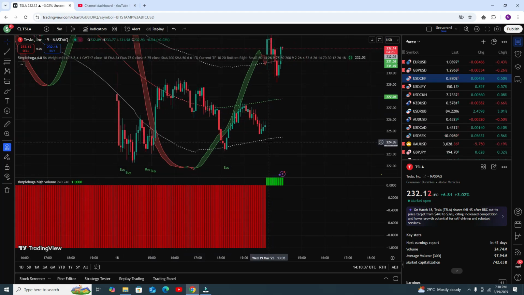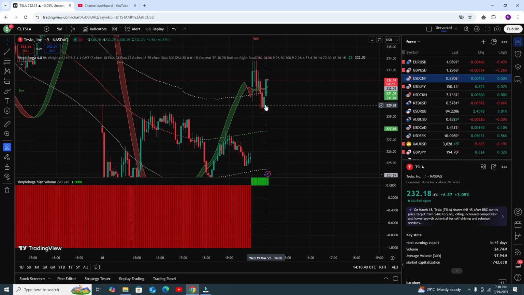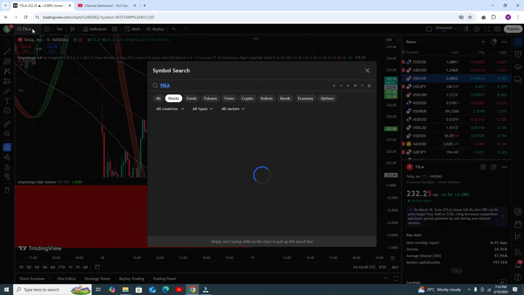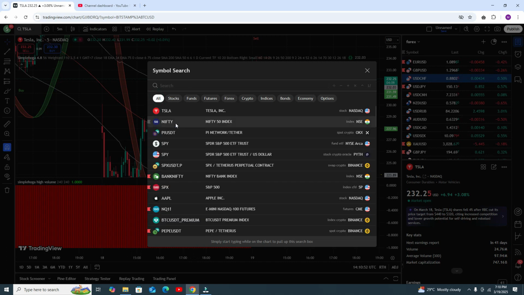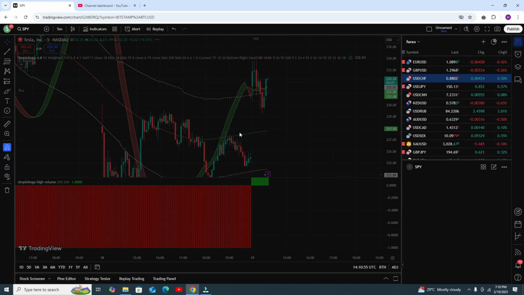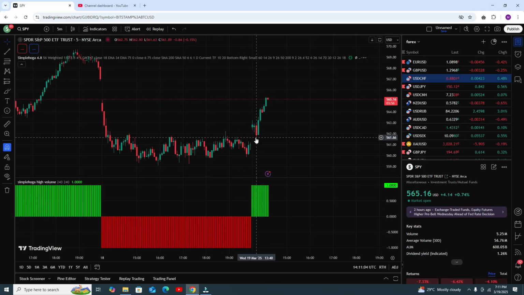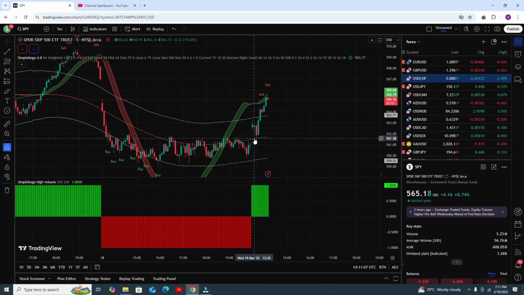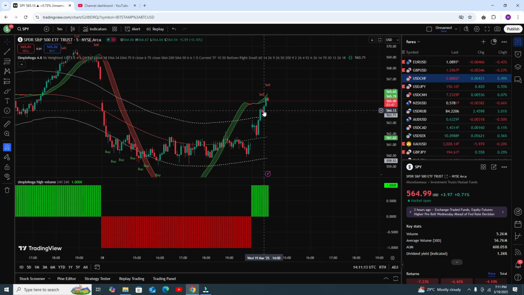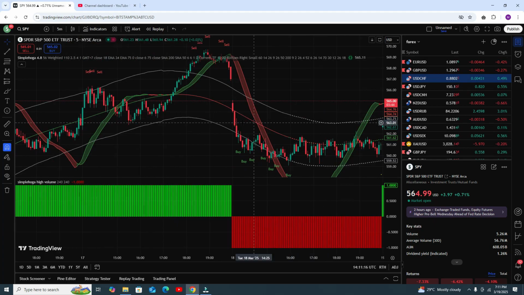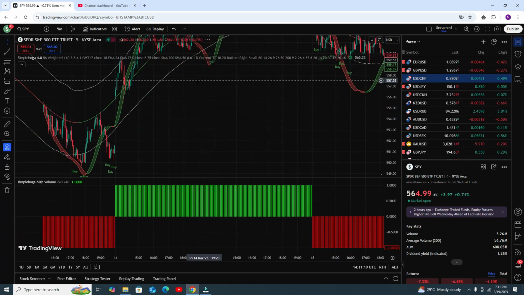Okay, now this is your buy entry. But the target is on the upper band line, so we do not need to trade from this point. Okay, let's see results in SPY. Okay, the indicator chart is loading, and now it's loaded. Now you can see this was the most recent example and you hit the target. I know that is a very small profit. Okay, but the point is you are getting some profit, at least not lost trades.